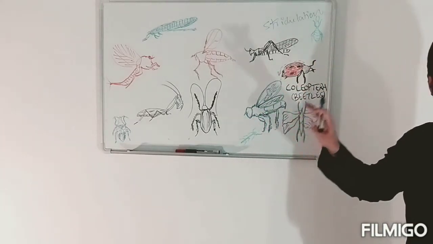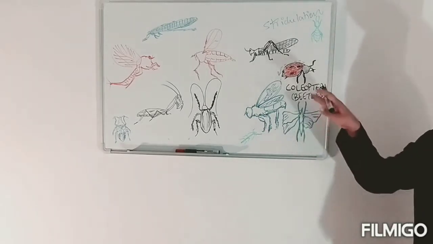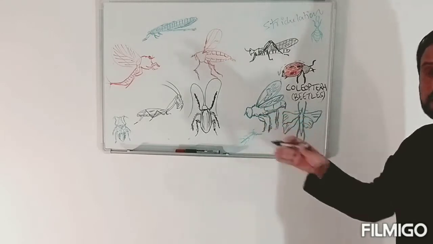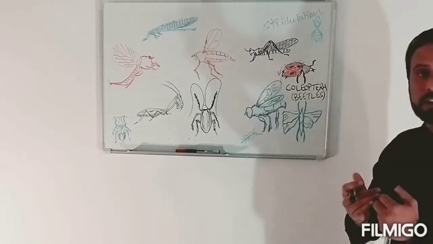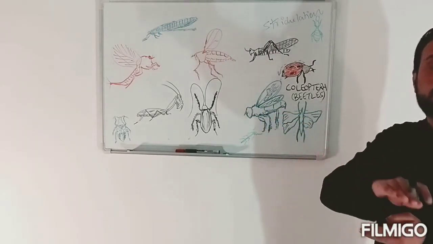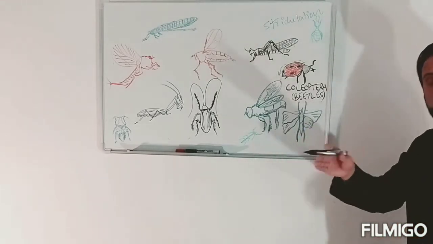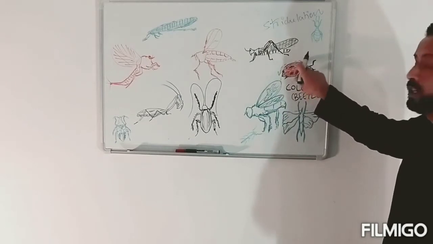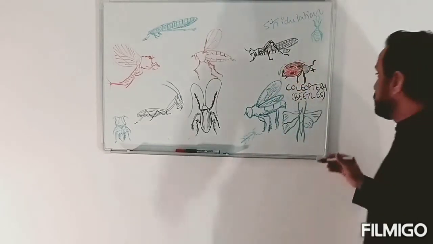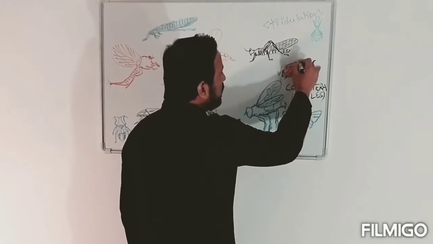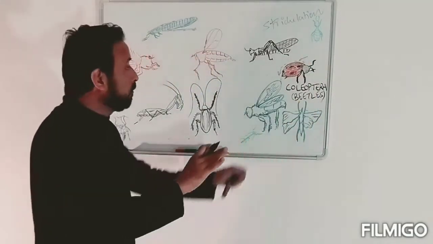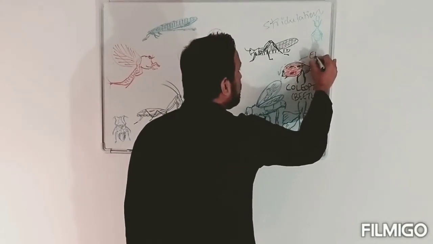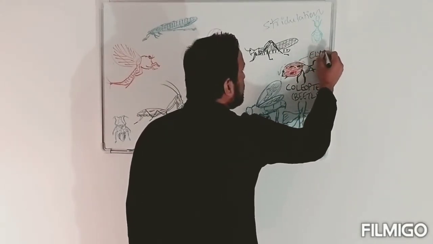Coleus means sheath. Ptera means wing. So the wing has converted into a sheath, right? The hind wing has been covered by the forewing. The hind wing is always helpful in flying, but the forewing provides a cover, right? And when this kind of covering becomes very hard, it is called elytra,